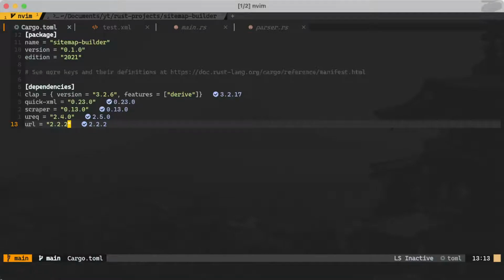And next I'm using UREC. This one is just to make the request to different URLs, those anchor link URLs that we're gonna find from those HTML documents. There were multiple different crates that were available. It seems like request is another crate that is very popular, but I found UREC was simple and good enough for the work that we are doing, so I did not want to use any more